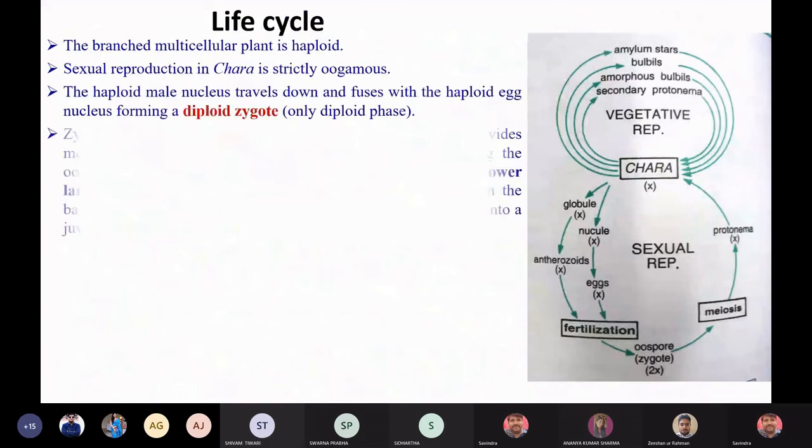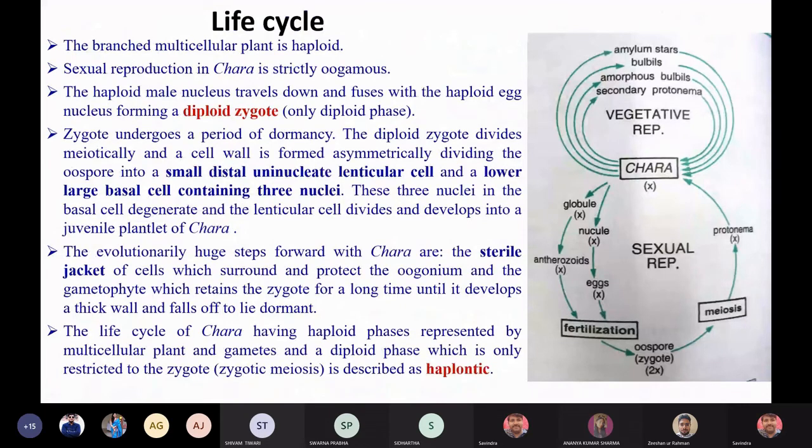This is the life cycle we have already discussed. So in the entire life cycle we have seen that zygote or the oospore is the only diploid structure. That's why its life cycle is of which type? Haplontic type. अभी तक जितनी भी पढ़ी है हमने सब में हैप्लॉन्टिक लाइफ साइकिल थी, बिकॉज दिस इज द मेन फीचर ऑफ ग्रीन एल्गी. जैसे डायग्रामेटिक व्यू हमें पता है वेजिटेटिव रिप्रोडक्शन होता है, सेकेंडरी प्रोटोनिमा, एमोर्फस bulbils और एमाइलम स्टार,